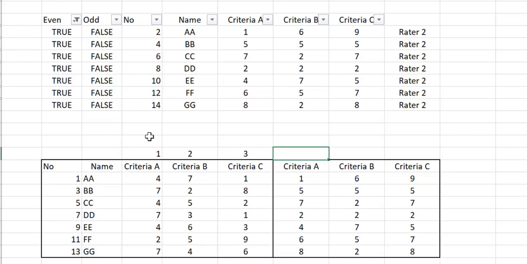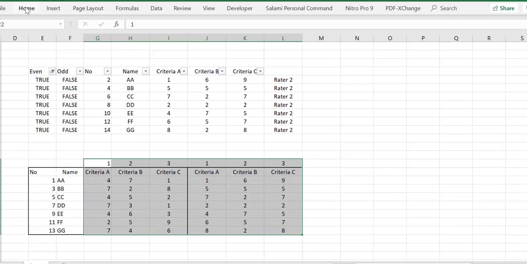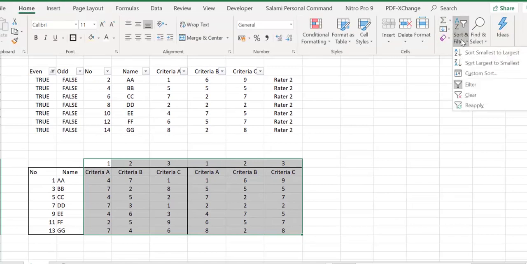Imagine if you have 10 criteria, you just assign 1, 2, 3 until 10, and then we're going to repeat 1, 2 and 3. Alright, now we can do sorting. Select this whole column. Go to home, sort and filter, but instead of normal filtering, we're going to do